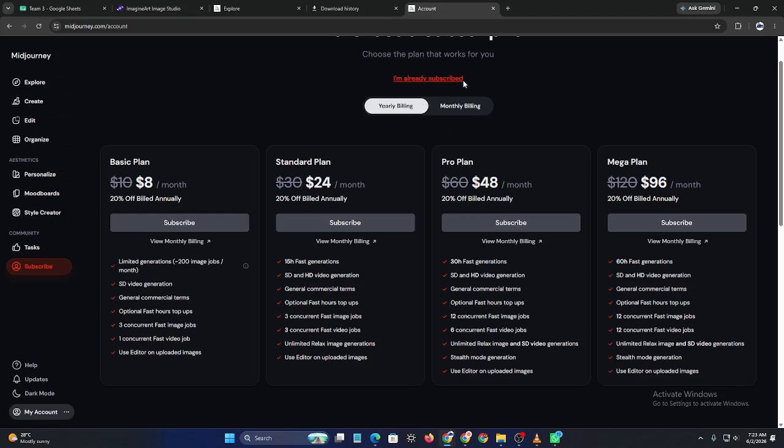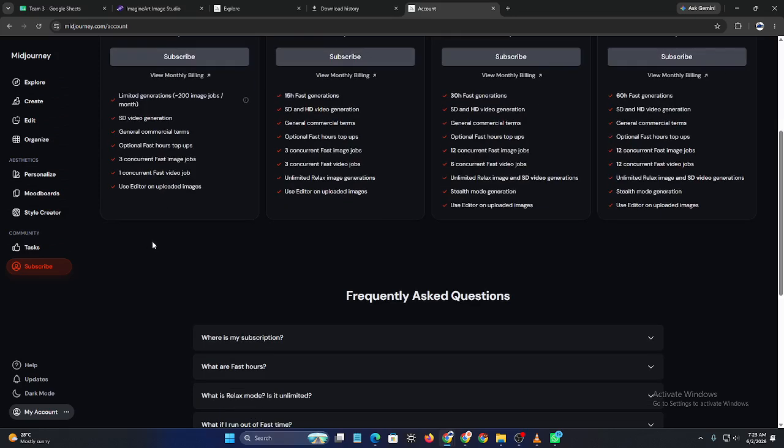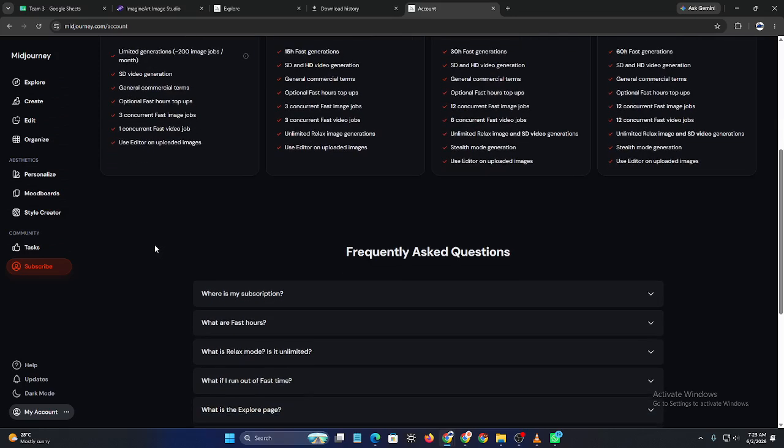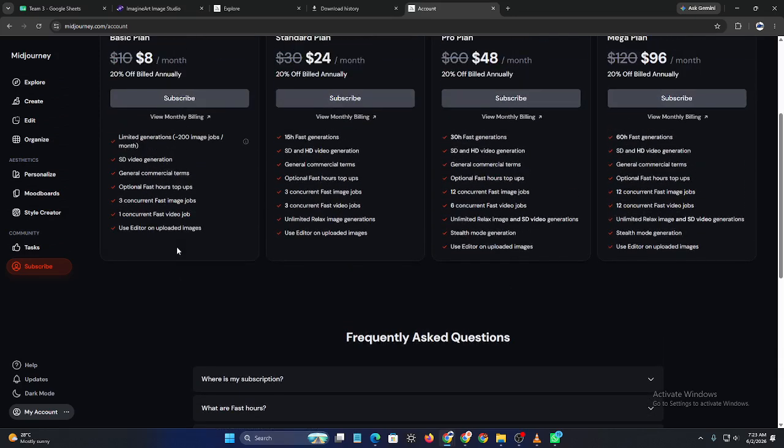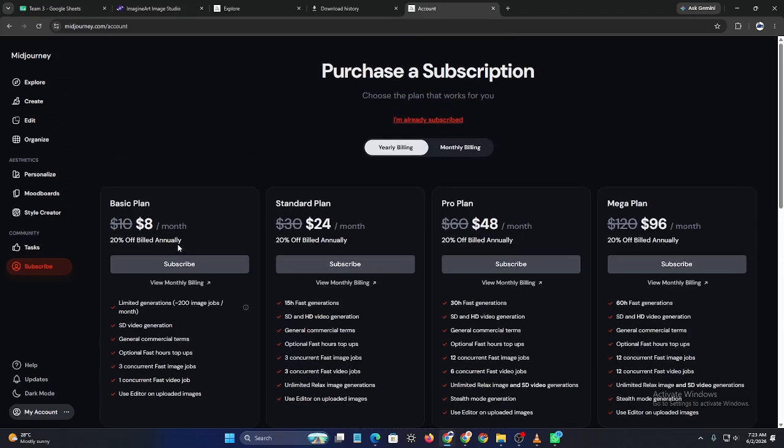If you're specifically looking for free access, keep an eye on official Midjourney announcements. Sometimes platforms introduce limited promotions, tests, or special access programs, although there is no standard public free trial available right now. As you continue using the platform, experiment with different prompt styles, artistic directions, and image settings to improve your